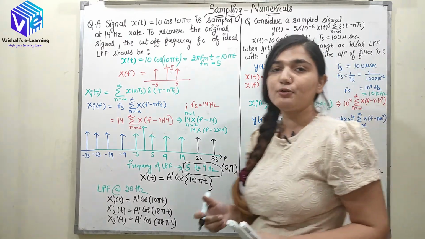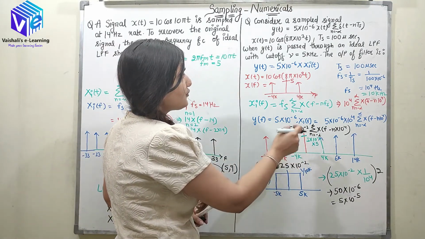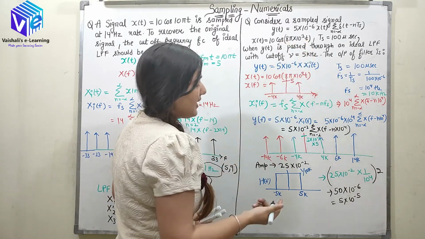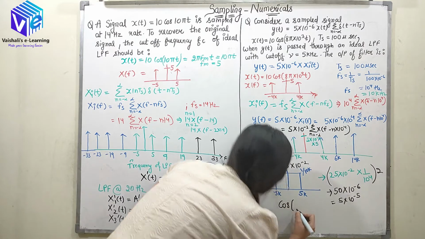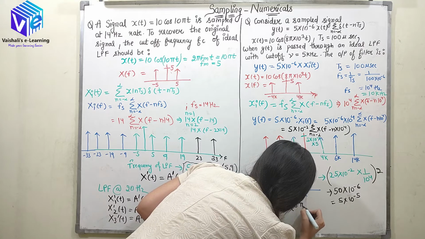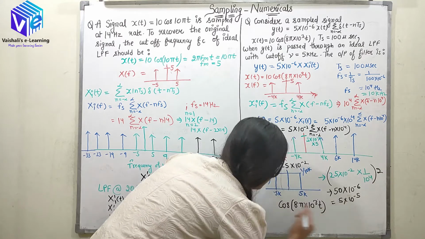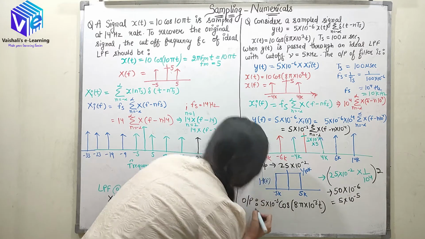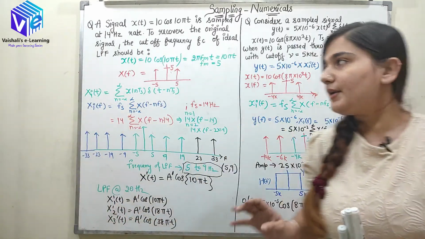So now I know the amplitude. Which frequency components is it passing? It is passing the frequency component 4K. So what was the signal which was passed? It was 8 pi into 10 raised to power 3 t. So when 4K and minus 4K are passed, the output signal would be cos of twice this frequency. So now it would be cos 8 pi into 10 raised to power 3 t, and the amplitude was 5 into 10 raised to power minus 5. So this was the output. Now I'll repeat it once again because it was a tricky question. So what was happening here?